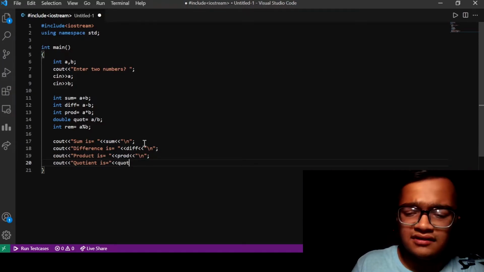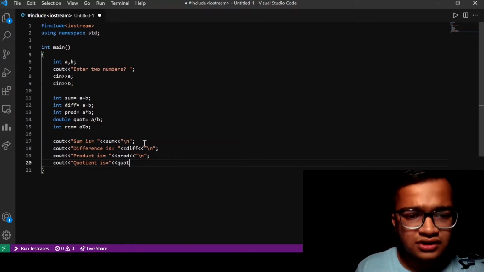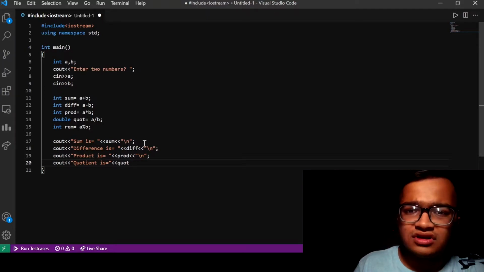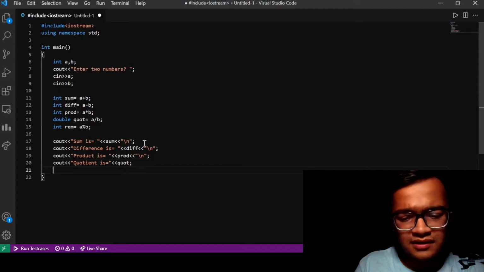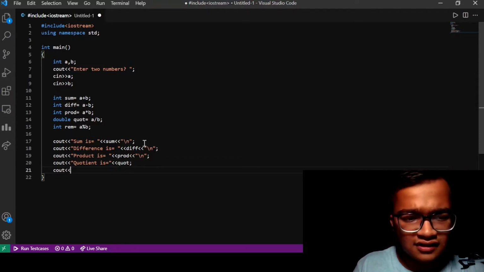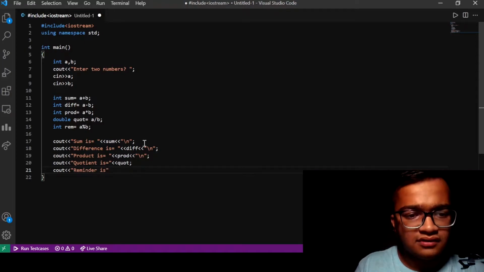Let's keep the answer as it is, so that we can understand the use of the line break. So here I am writing in the same line that quotient is, then I am writing the quotient value. We will write the remainder in the last line, like this, remainder is equal to, the remainder variable is this one,